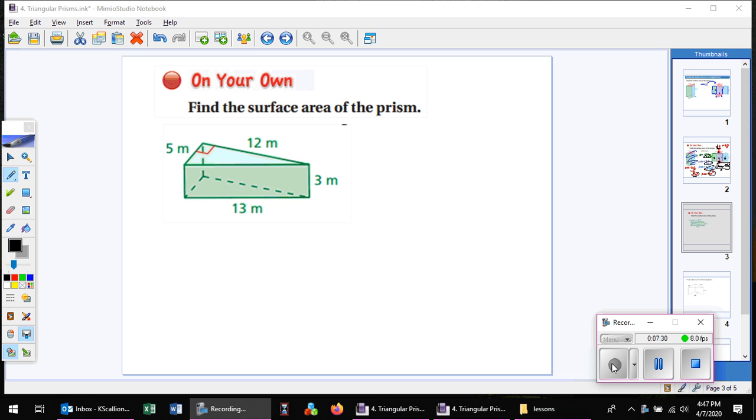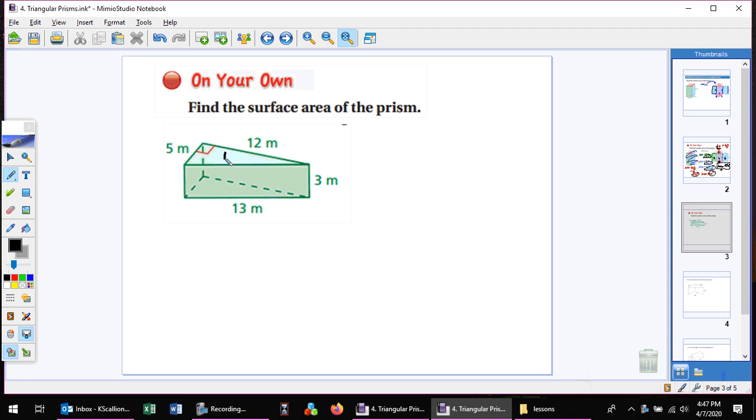Okay, so we have to figure out our own net. All right. So if I were to break this shape down, if I were to unwrap the wrapping paper, this side here would match that side there. Those would be the same. If we were to unfold this triangle, imagine it's like a slice of cheese,